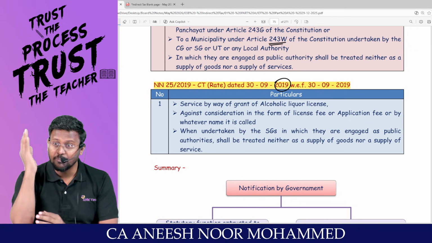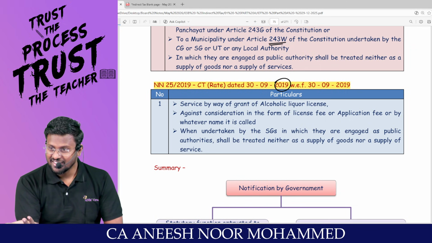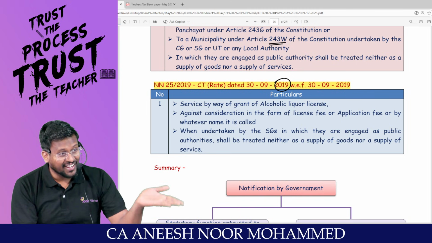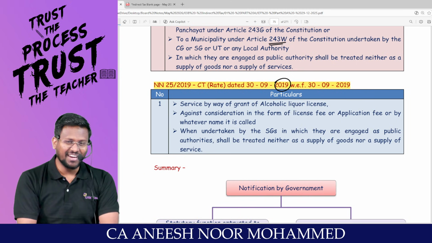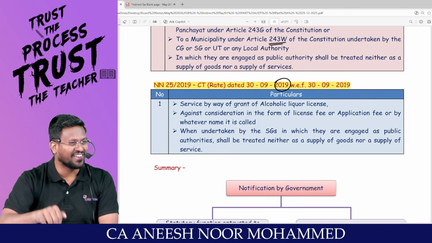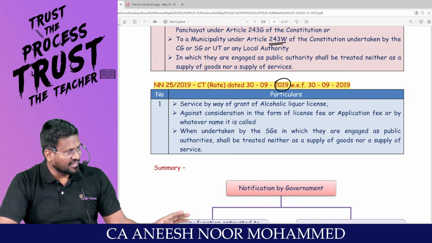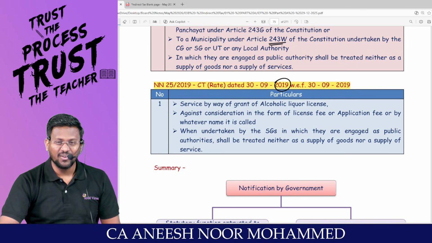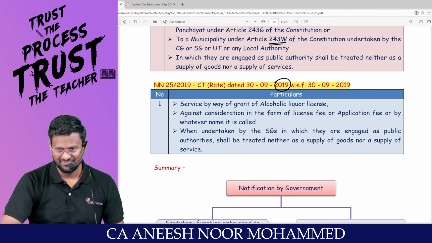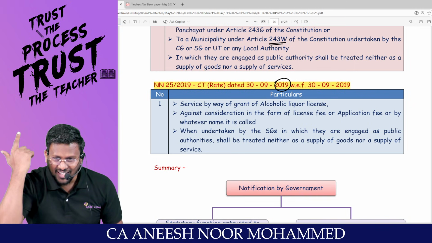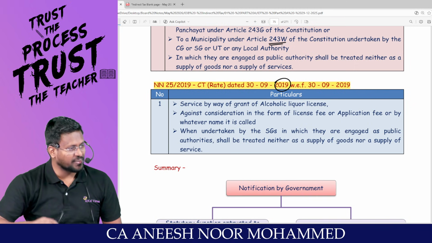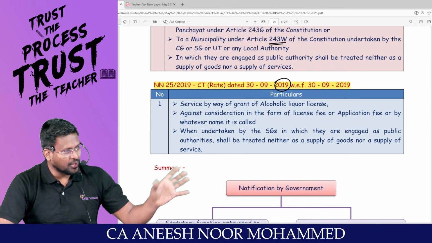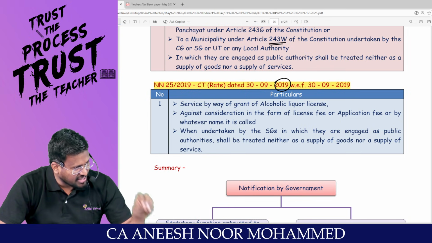Sometimes in Tamil Nadu, people may drink more. Yes, sir. Kerala is saying, no, we are competing with you. Tamil Nadu is saying, no, we are number one in that. So the state governments said, we want revenue from that. We will not give revenue to the Central government. Are you all really with me? Yes, sir. So we don't want to bring it under GST for the time being.